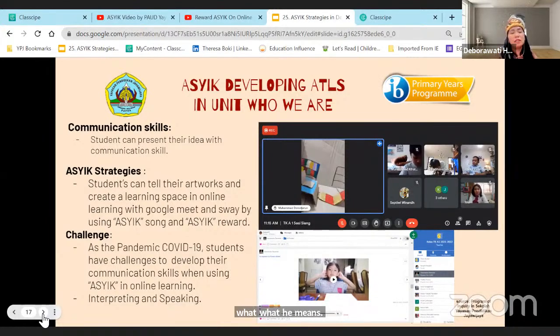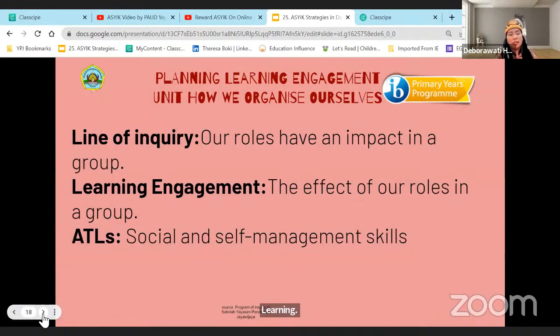And with ASYIK strategies, students can tell about their artwork and create a learning space in online learning with Google Meet and Sway. And next,